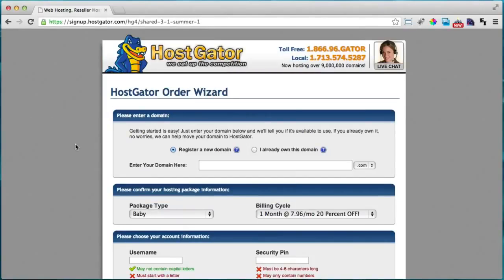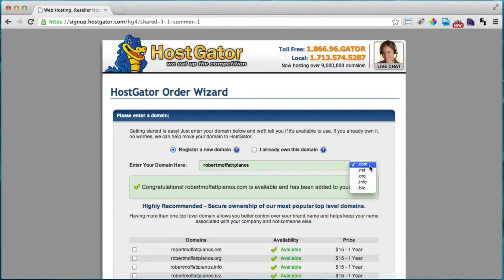And once we're here, we need to choose what our domain or website name is called. So I'm just gonna paste in Robert's website name in here. And you can choose from .com, .net, .org, .info, or .biz. If you need more options than this, then you can say I already own this domain name, and you could get it from somewhere like GoDaddy. Or if you already have a domain name from GoDaddy, you can just say I already have this domain and put it in here. But since we're registering a new website, I'm going to click register a new domain, and